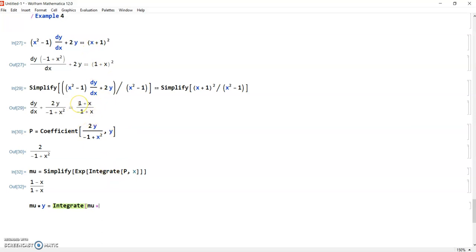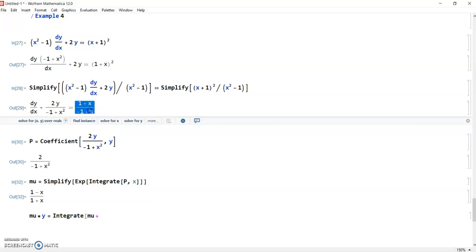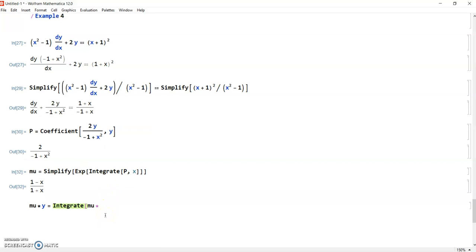Okay, so we can just copy and paste it over here, Control V, and then we are going to integrate it with respect to x. Close it,